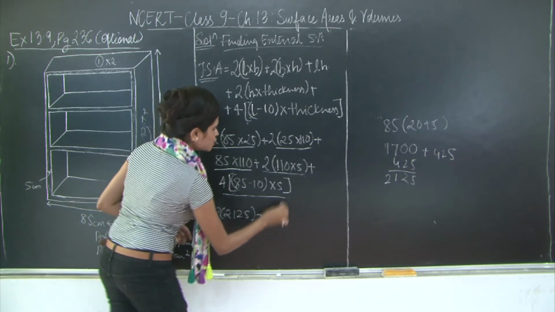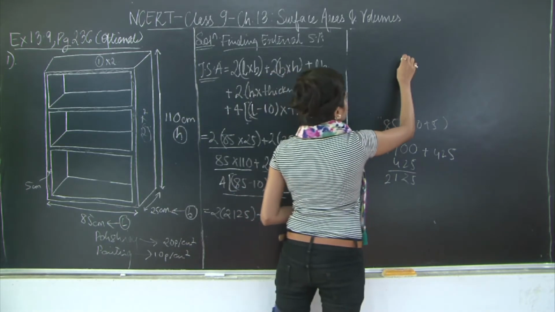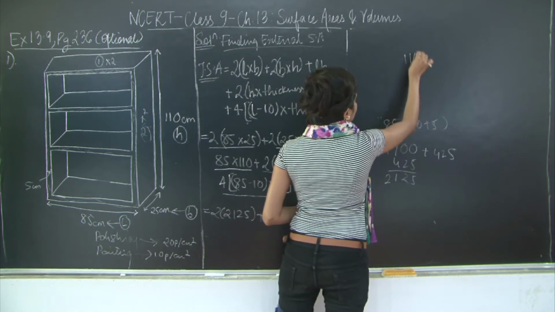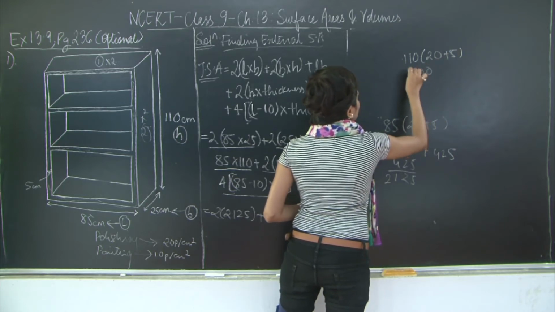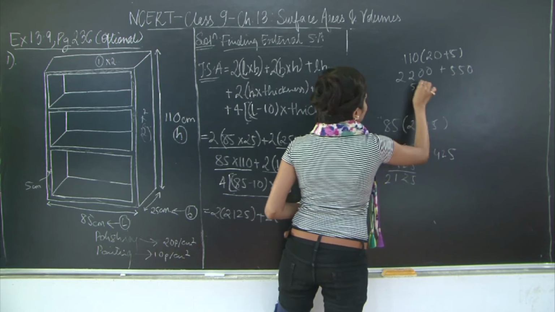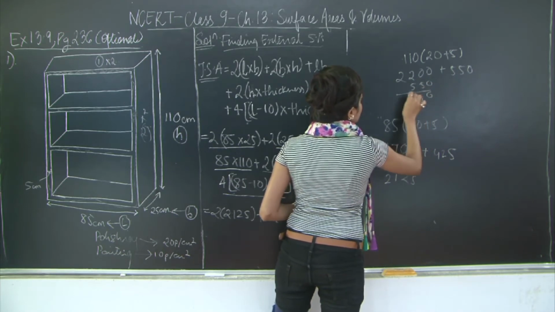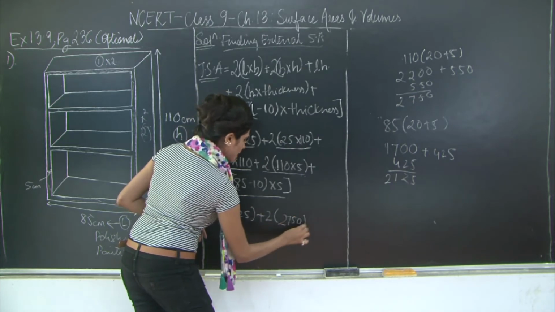Plus 2 into 25 into 110. So let's see, 25 into 110, 110 into 20 plus 5. This is 0, 0, 2, 2 plus 550. So adding 550, I get 0, 5, 7, 2. So 2 into 2750, plus